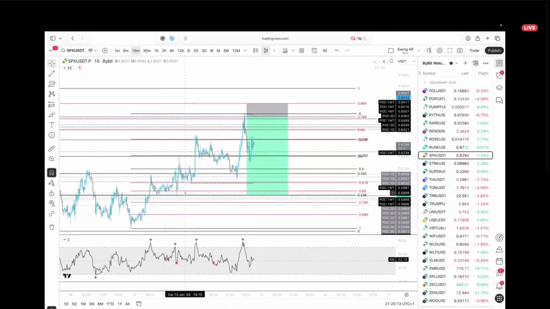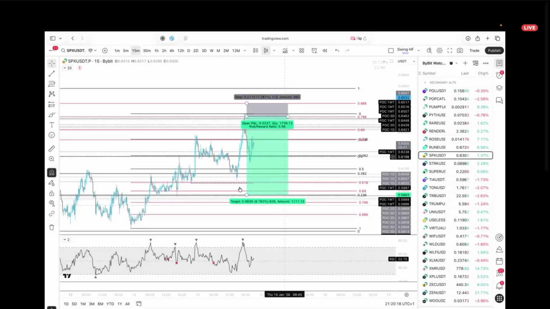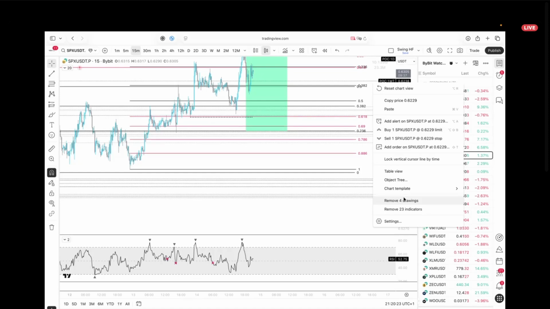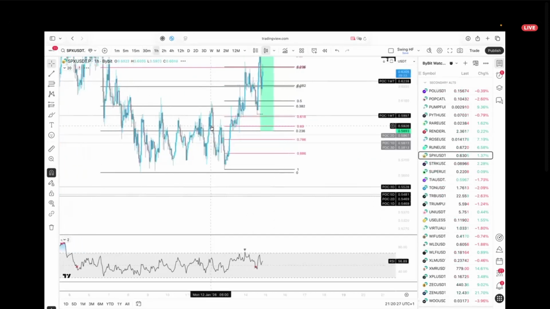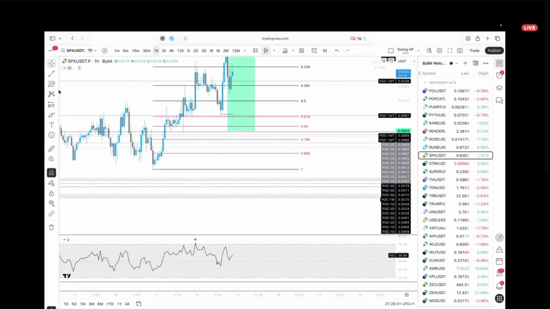Let me go through this one. Oh, let me do it here. Oh my gosh, TradingView. So let's do here, no problem. Okay, so we would have these go here,